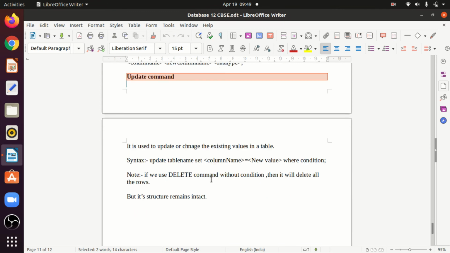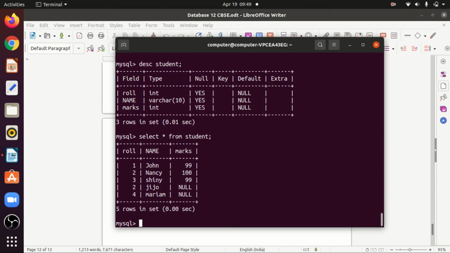How? You just see the syntax. You have to write UPDATE table name SET, which column you have to set, which value you have to set, WHERE condition. So here I have to write UPDATE. What is the table name? Student. Now SET, which value you have to set?